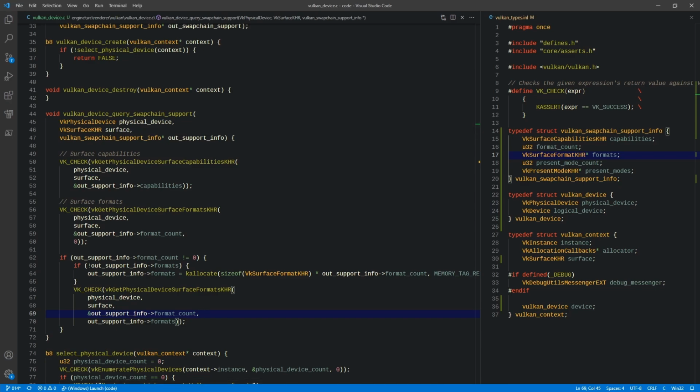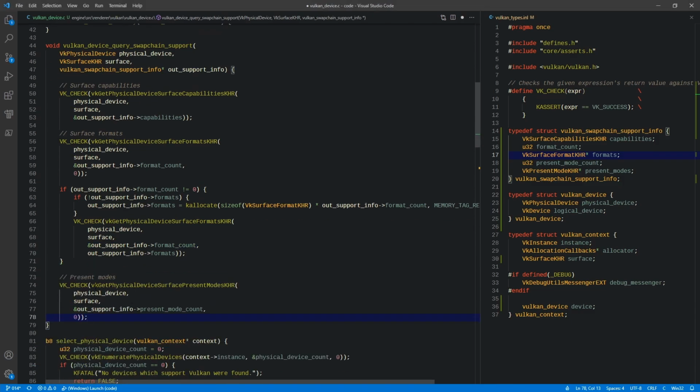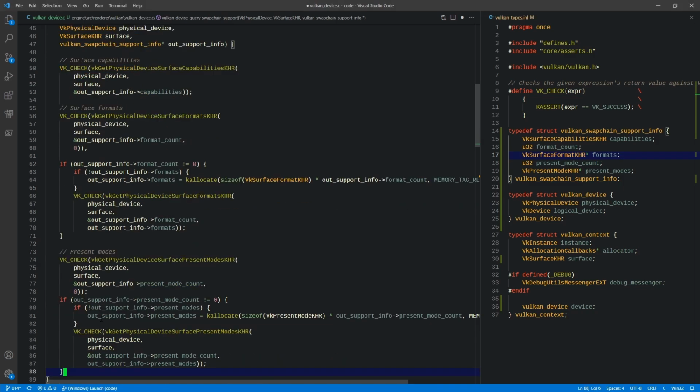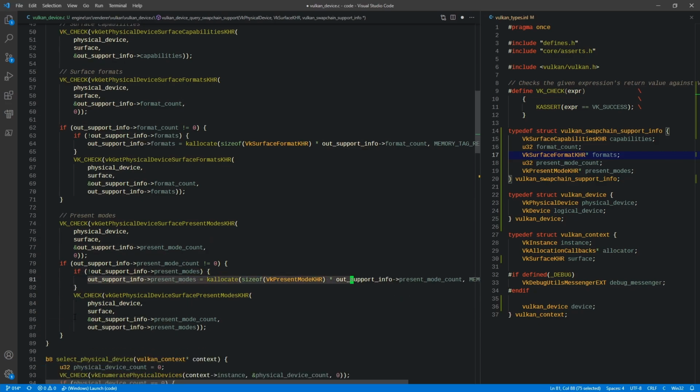And so from there, that is our surface formats. We just obtained those. And then our present modes works almost the exact same way. So we just make a different call. So we have our present modes calling vkGetPhysicalDeviceSurfacePresentModesKHR, and it fills out present mode count. And then if that is not 0, then we go ahead and check to see if the array has already been allocated. If it has not, we go ahead and perform that allocation, and then we call that function again, this time passing a pointer to that array. Okay,